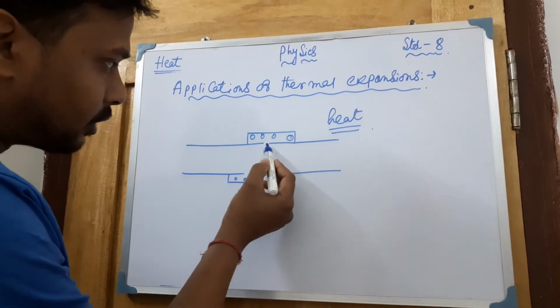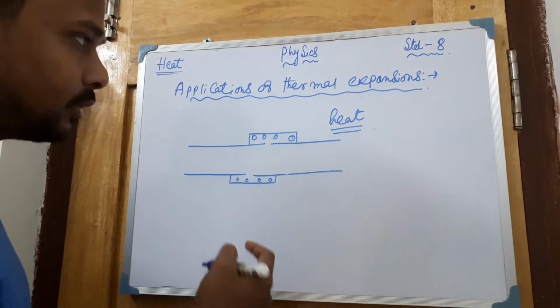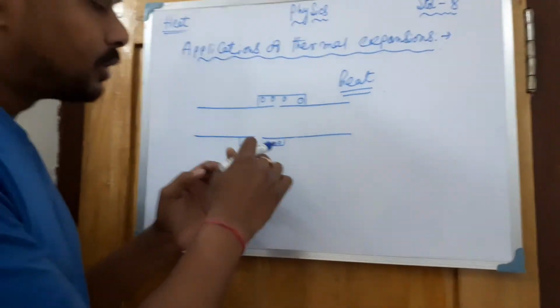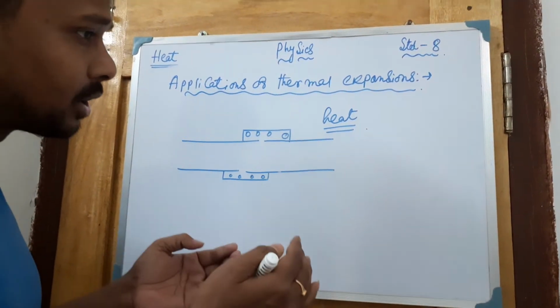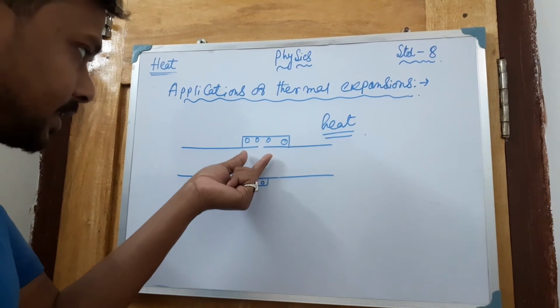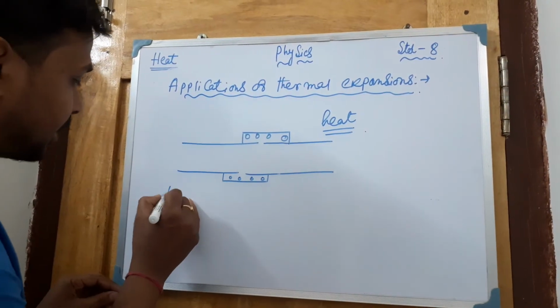But if there is actually a gap in between, heat will definitely be generated due to the friction on the wheel and the railway track, but it will not be able to pass from this side to that side. So definitely they will not bend in this way, isn't it? So that's why you can tell that there will be a gap in between them. Riveting is also present, that is very important.